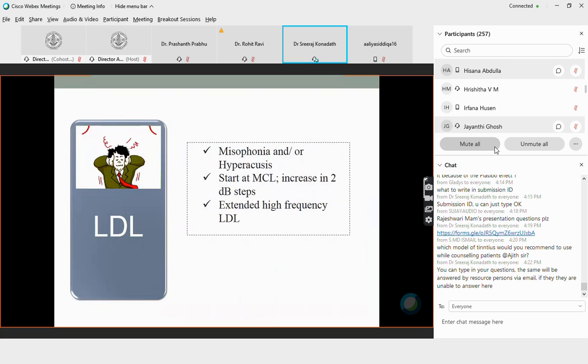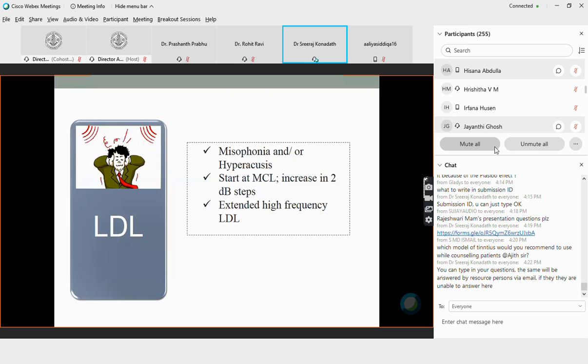And now going into LDLs. LDLs are important to be assessed, but you have to keep in account that misophonia or hyperacusis is taken into account. Misophonia is dislike to general normal conversation levels. It is not for extremely high levels, but hyperacusis is slightly different. It is generally happening at higher levels. Misophonia can be for a very soft sound also. One example for misophonia is somebody chewing on the dining table when you're having dinner. That chewing noise can be considered as very much disturbing by certain individuals. So that is misophonia.